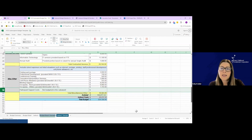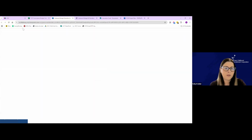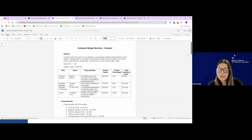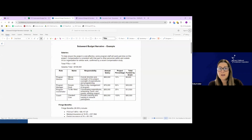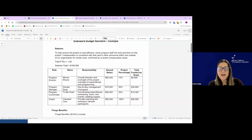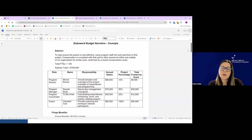I think we can look at the narrative example now. Again, we'll be providing a follow-up document that gives the guidance and instruction on both of these, but this is an example we've prepared to help illustrate the level of detail that we're looking for. Again, this is an example, so some of it is going to be applicable to this funding opportunity, some of it's not. And you may elect to prepare your narrative in any form that is helpful to you and your